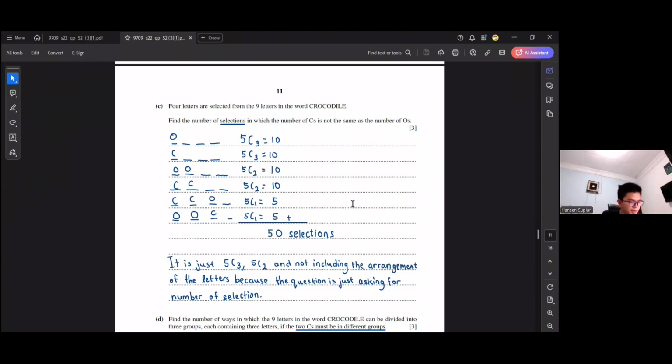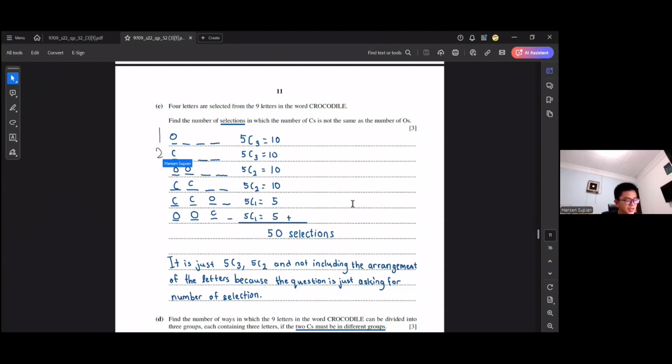Of course, I try to make the gaps first. The first one is there's an O at the first gap. Then I try to draw the gaps first, and after that I will put the number of the letters. Then for the second one,